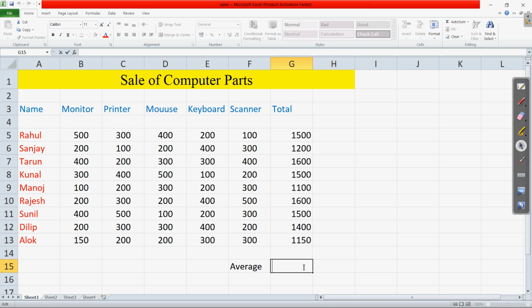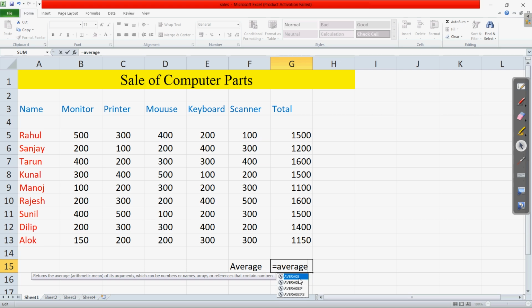So here we are finding the average. Write the equal to sign, then A V E. When you start writing that, it will give you the names. If you don't know exactly which function or formula you want to use, it will show you a suggestion, so from there you can see the spelling and write the same.